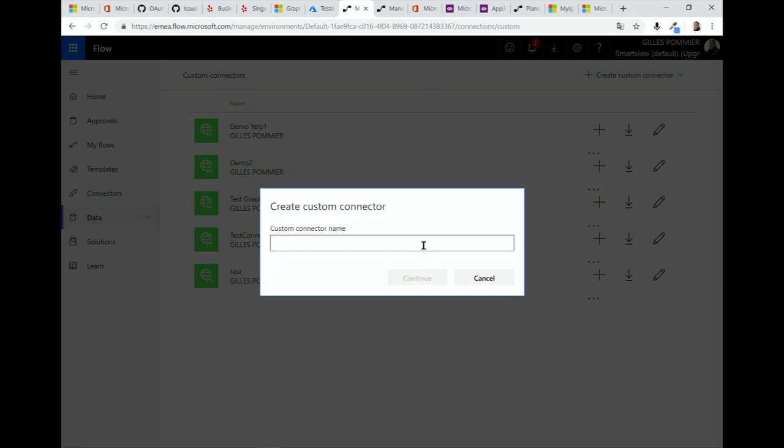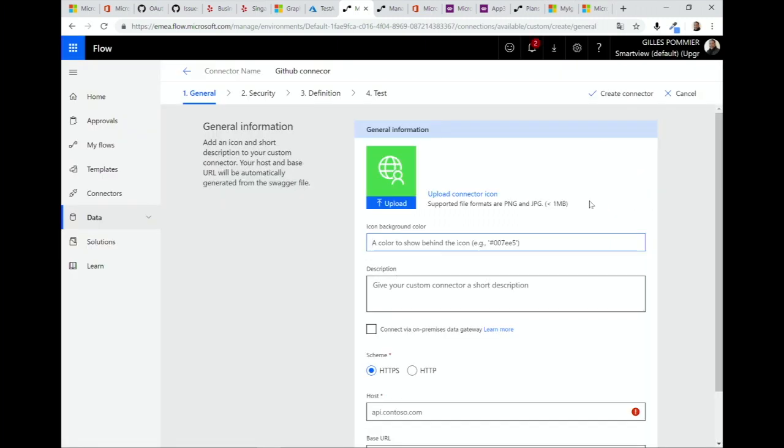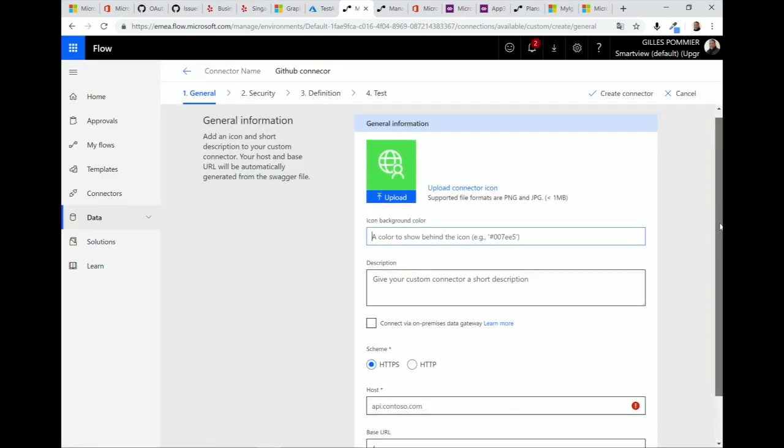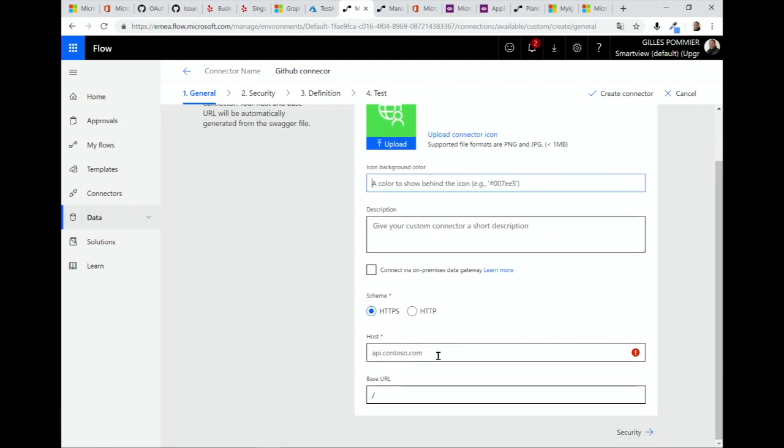So I will have to give a name. So the name will be GitHub connector. I have to provide some information, so I can put an icon. I have to give a description, something like that, and then I have to choose my API.